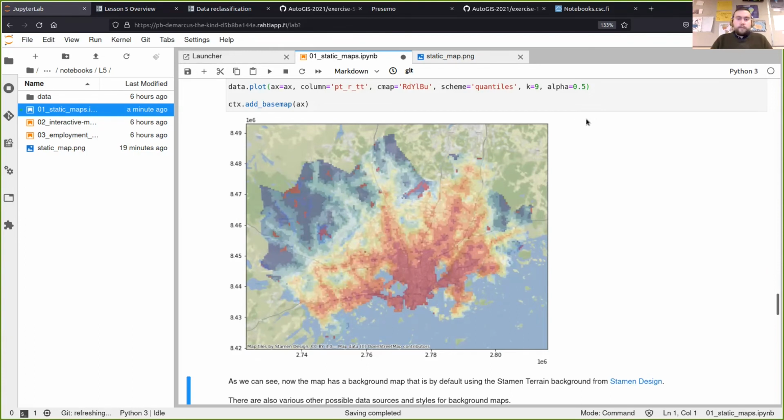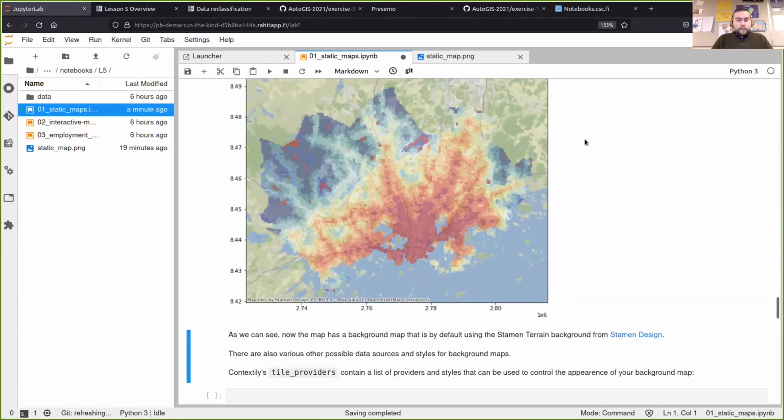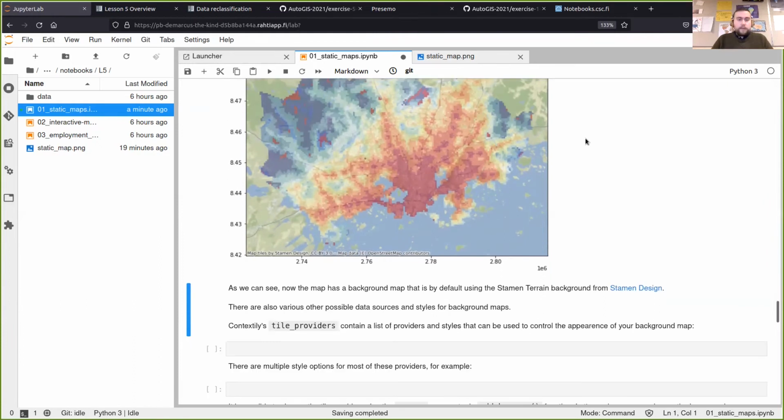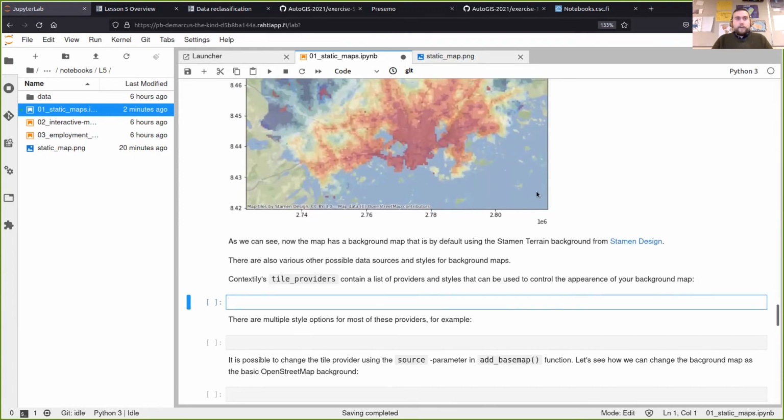What we can do, if we want to change out the base map, is that there are a different set of providers for these map tiles. As we can see from the plot we have made, these map tiles are by Stamen Design, and the map data is from OpenStreetMap contributors. So that is free to use, but there are also in the Contextily package different